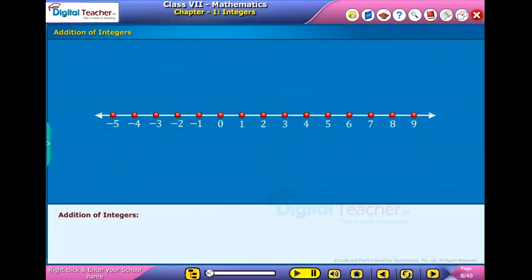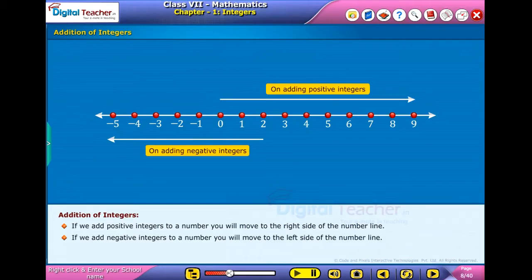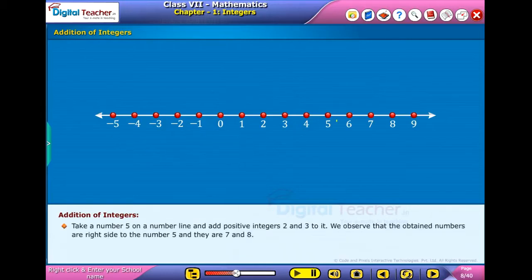Let us review the addition of integers on a number line. If we add positive integers to a number, you will move to the right side of the number line. If we add negative integers to a number, you will move to the left side of the number line. Take a number 5 on a number line and add positive integers 2 and 3 to it. We observe that the obtained numbers are right side to the number 5 and they are 7 and